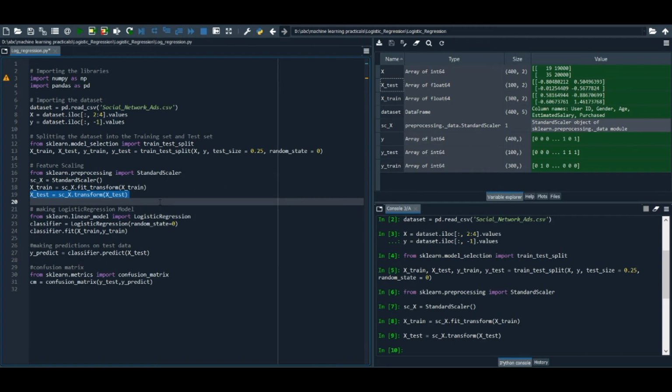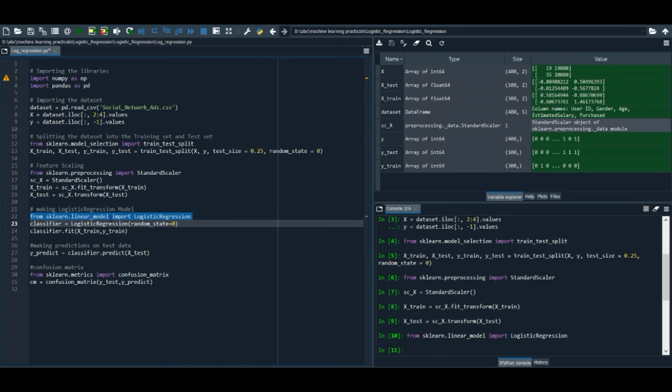Now we are going to apply logistic regression, and we are going to create our model. So first we are going to import the LogisticRegression class from sklearn.linear_model. After that, we are going to create an object named classifier, and we are going to create it as an object of the LogisticRegression class, and we are going to pass random_state equals 0, so it's not going to pick random data points for making the model.